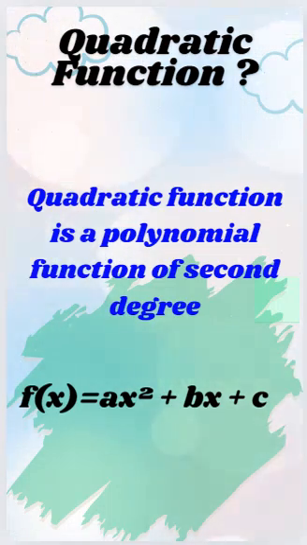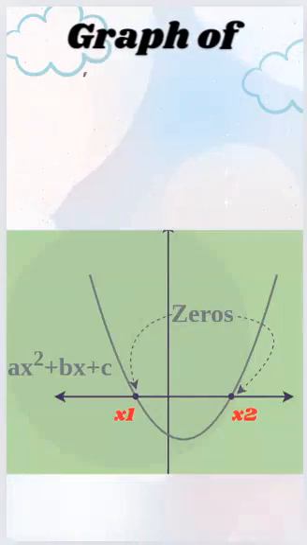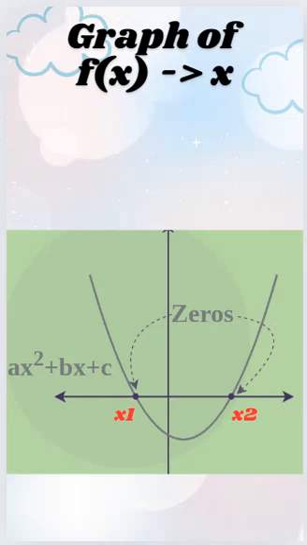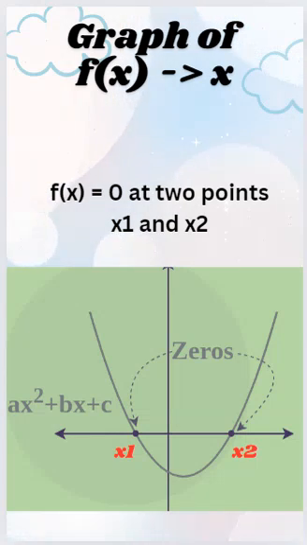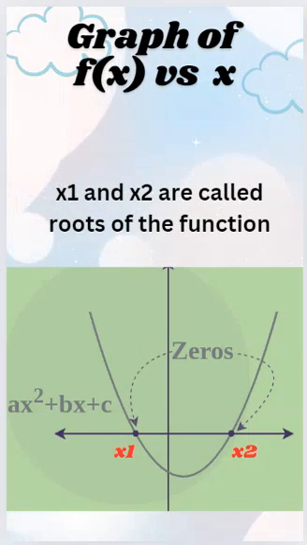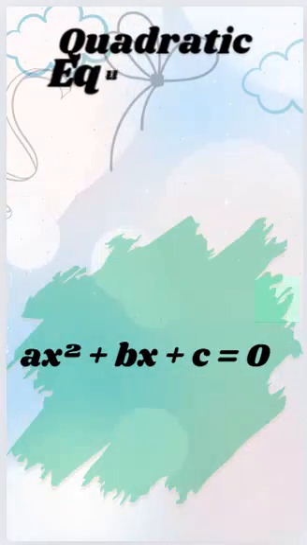Let us understand the relation between the function and x using a graph. The graph shows all values of f of x plotted along the y-axis for the corresponding input variable x along the x-axis. You will observe that the graph intercepts the x-axis at 2 points, x1 and x2, where the value of the function itself becomes 0. The points on the graph where the value of the function becomes 0 are called roots of the function.